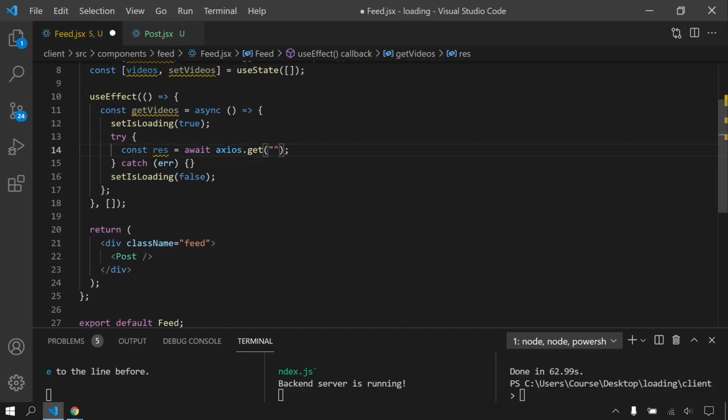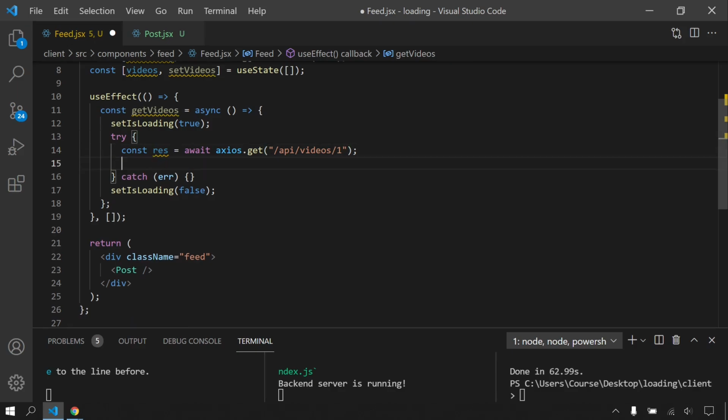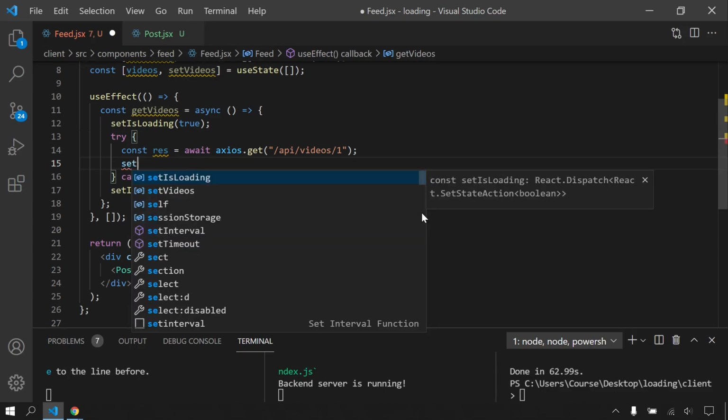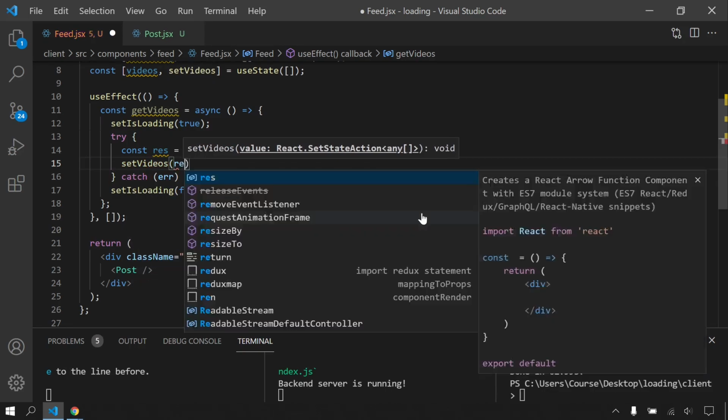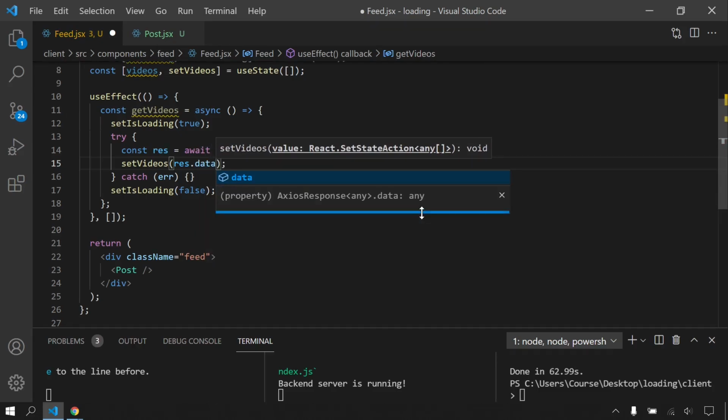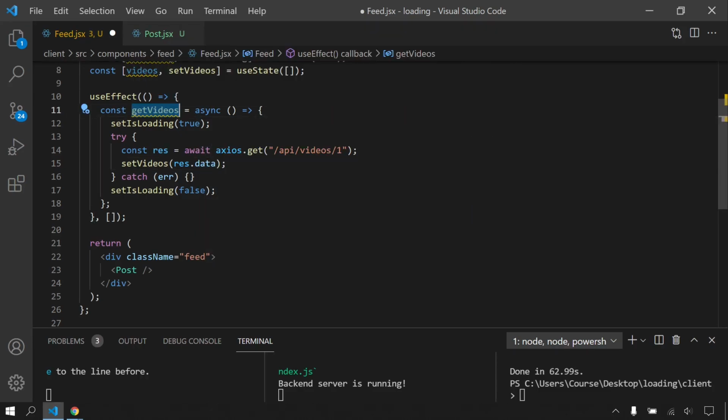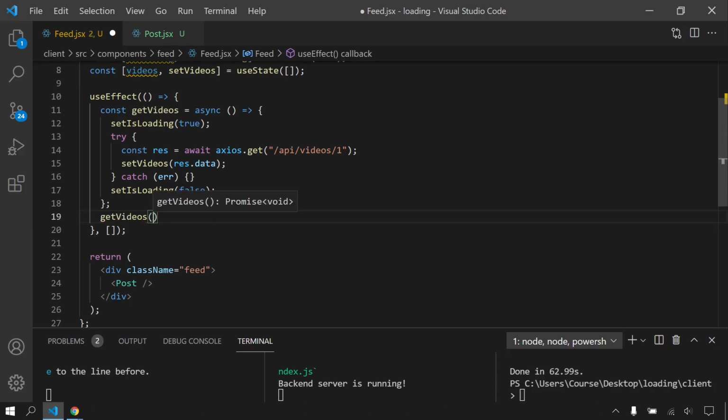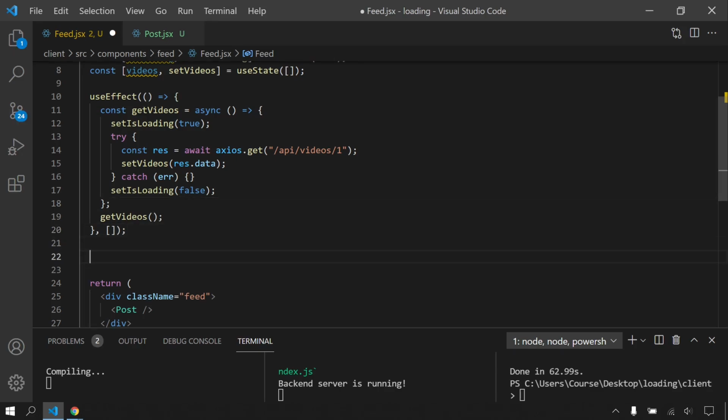Right now, remember our endpoint is gonna be api/videos, and it's gonna be our user ID. And here, after getting response, if there is no error, I'm gonna set my videos. It's gonna be response.data. As you can see, we didn't use this function, so I will call this function here. Okay. Let's write here actually console.log and see our actual data.